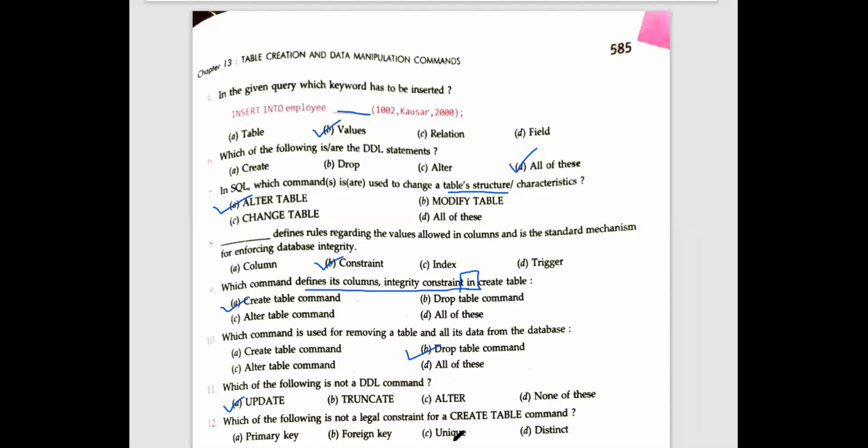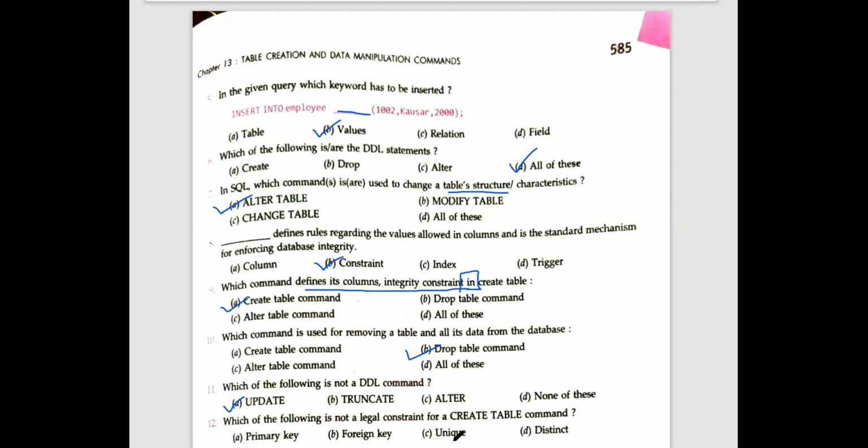One second. Prince, just repeat your question again. I was asking about truncate. What is the main use of this? Isn't it a DML command? Prince, am I audible? Yes, ma'am. Prince, now you speak.